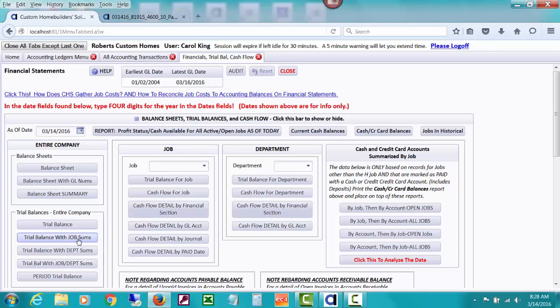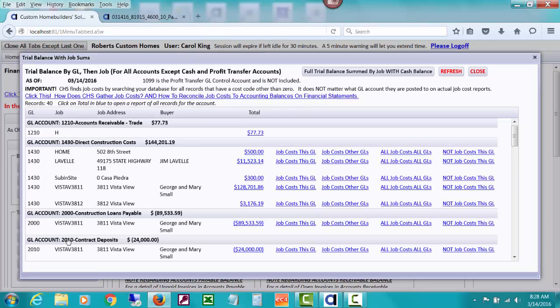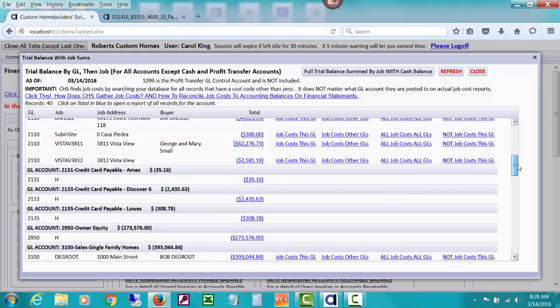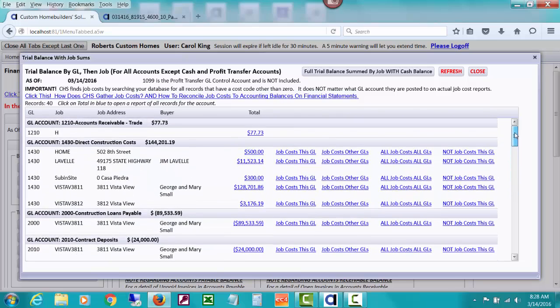There is a trial balance with job sums that's going to open a worksheet that actually will help you reconcile. Here's his account that he's posting all his job costs to. It's actually all your GL accounts sum totaled by job, so that's really handy. So we're posting all of our job costs, and you can see this job, Lavelle, Subin site, and our demo job here. So if you look at the total in the account of